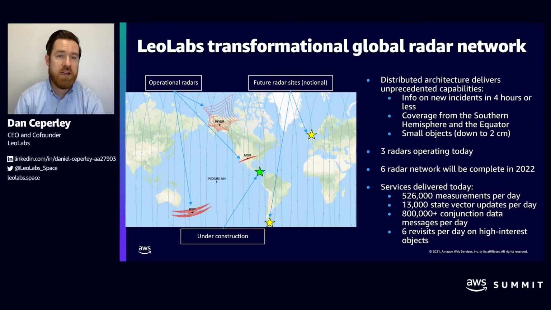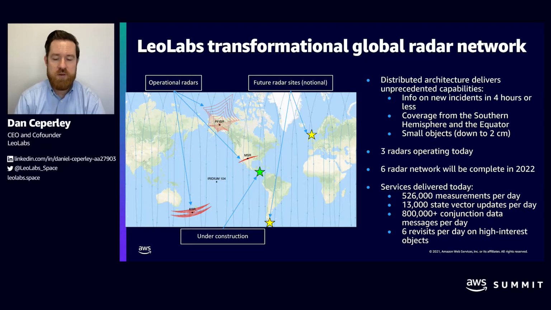We also now provide coverage from the Southern Hemisphere. And we're quite proud that the Kiwi Space Radar is the first radar of its type in the Southern Hemisphere. And we'll be able to track all the small objects. So we've got 3 radar sites today in operations. And if you look at the map on the left side of the screen, the red areas show the portions of the sky that those radars are monitoring. So we've got the radar in New Zealand, the radar in Texas, and a radar site in Alaska. We'll have 6 radars by early 2022. We've got the site in Costa Rica under construction. And then there's 2 more sites on our map. They're just notional. We're not disclosing the locations yet, but we'll have announcements soon.